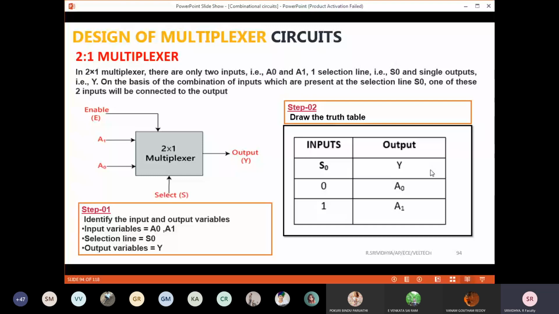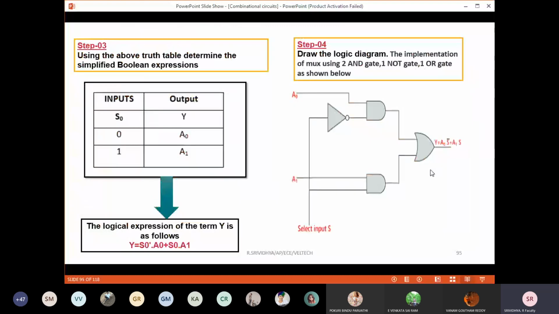One important thing I wanted to say is, since a multiplexer or demultiplexer is a selection process, there is no need for a minimization technique. You're not going for any simplification of the circuit. It is just going to act as a switch. You're just finding at which time which particular switch should be connected. So you're not going to go for K-map simplification. Directly from the truth table, you're going to write the logical expression.